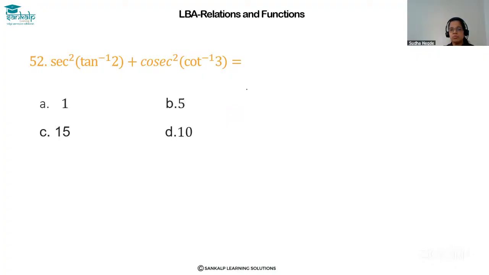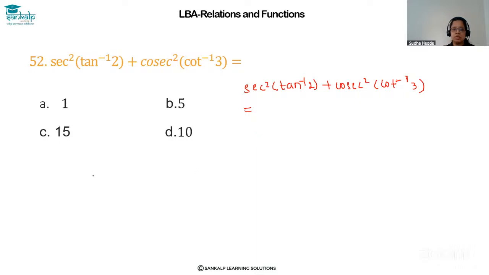Secant square tan inverse 2 plus cosecant square cot inverse 3 is equal to,